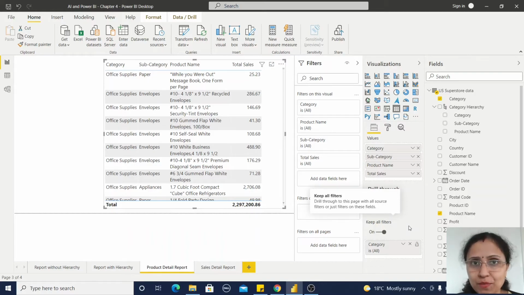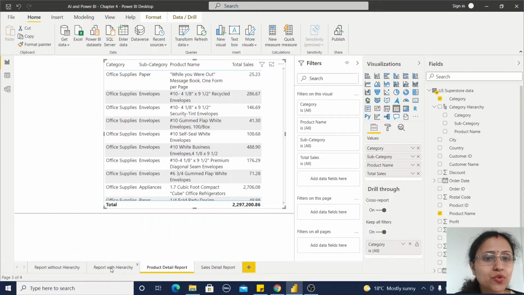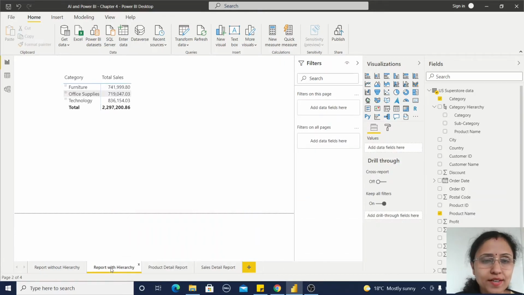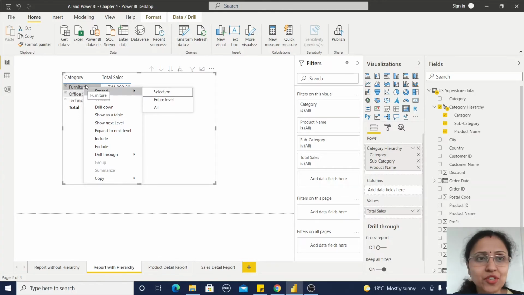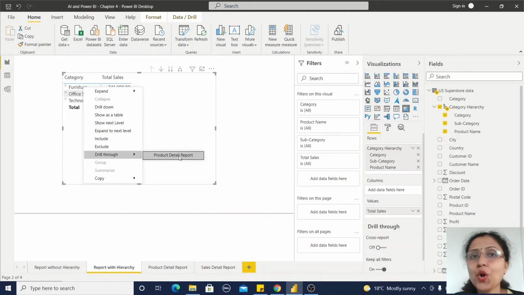Now we have to verify how my drill through reports are working from a summary report. I'm going through this report with hierarchy and right clicking on furniture. You can observe that I'm clicking on the category value, so this is the dimension value, furniture, drill through, and you can find only the product detail report is enabled.